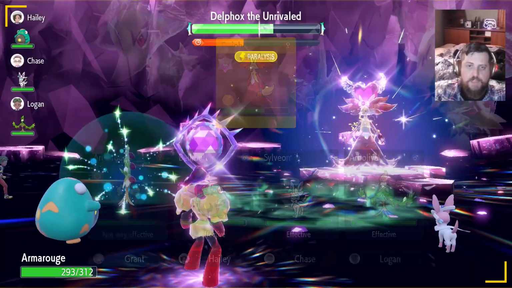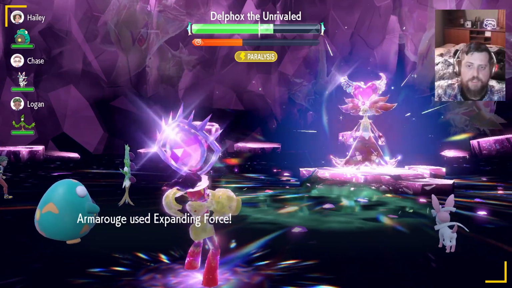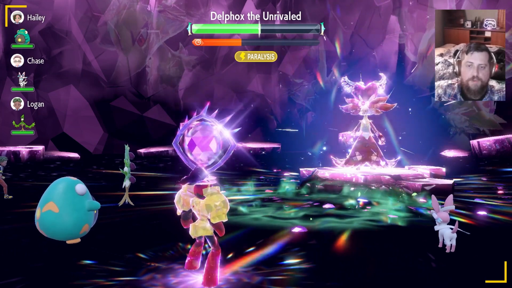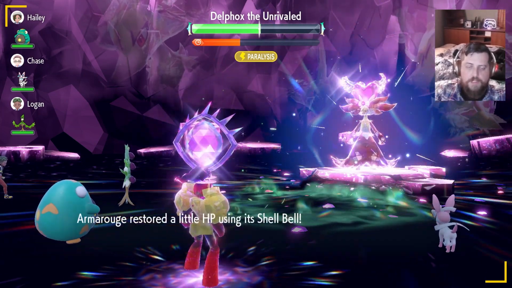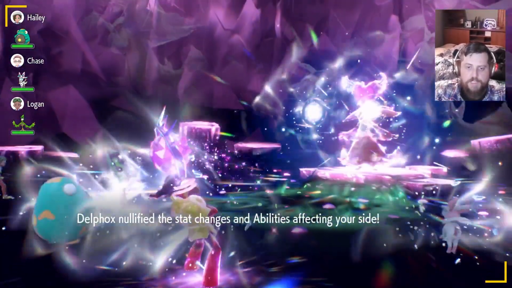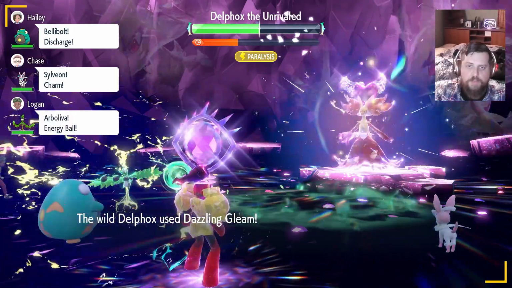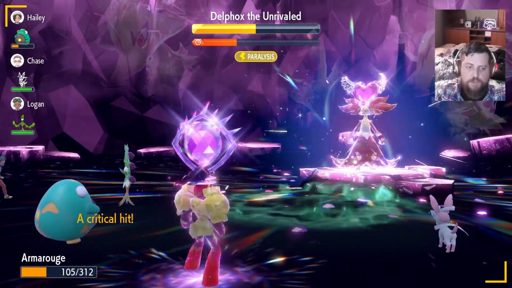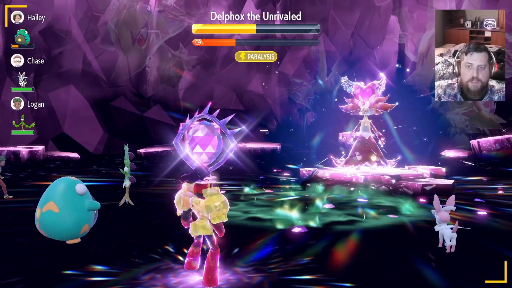After the shield goes down, that should give us quite a bit of damage. Will we get the shield down on this one? No, not quite. Just about, but not quite. That's okay. Armarouge's Grassy Terrain is at least helping keep our... There goes the stat reset. Armarouge's Grassy Terrain is helping keep our HP up along with our Shell Bell. So now that the Delphox has reset our stats, we're going to be pushing this one. We're going to have to see about trying to get our...